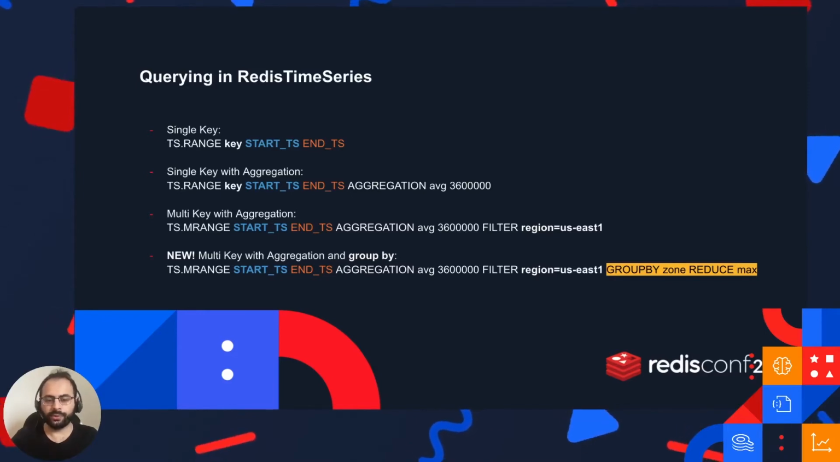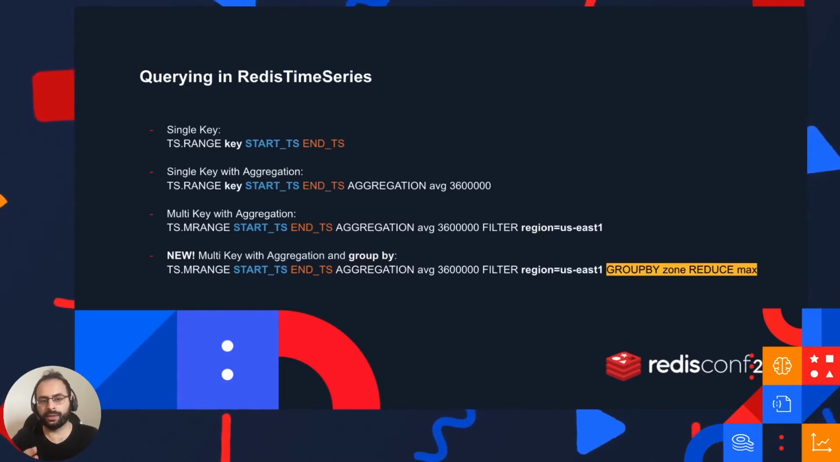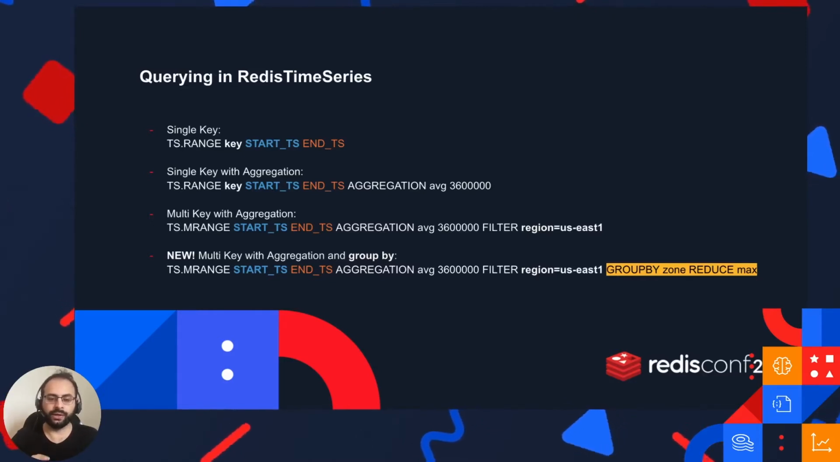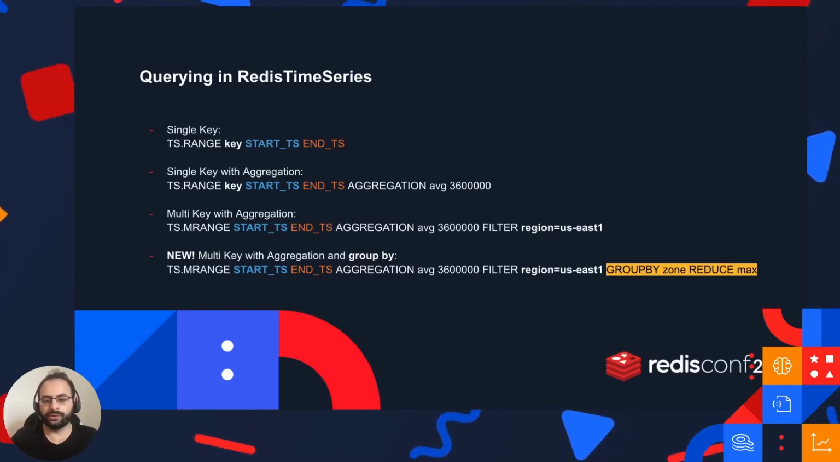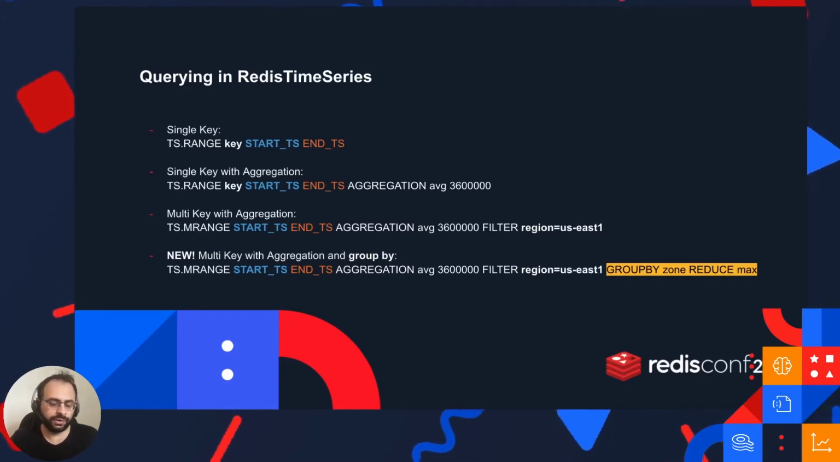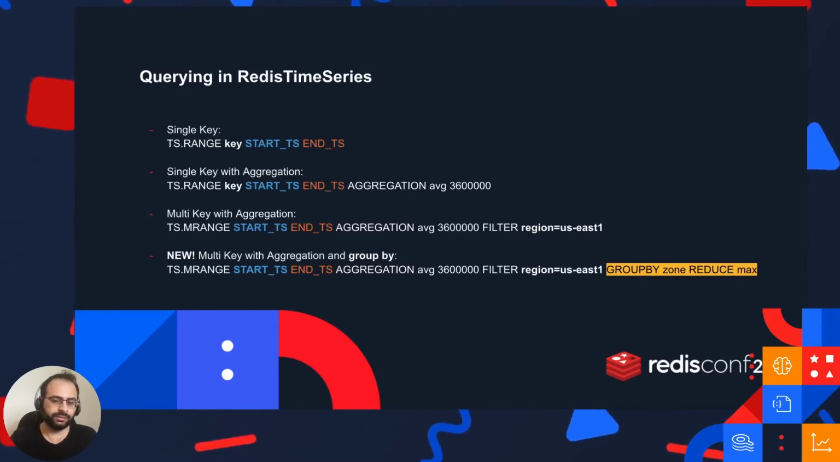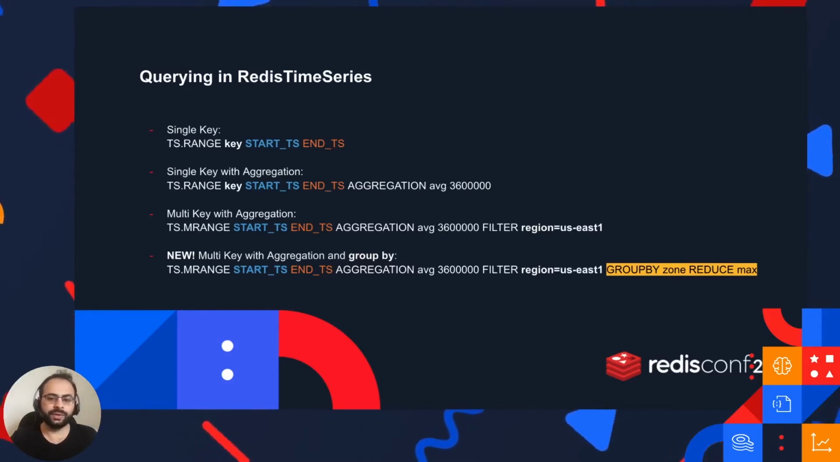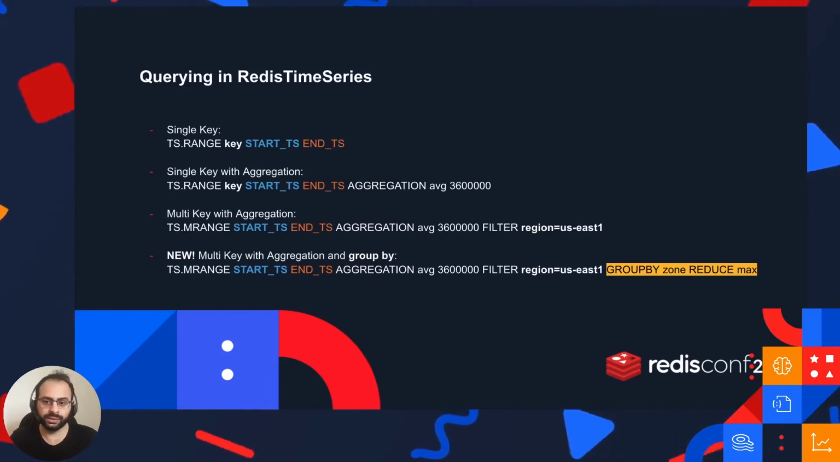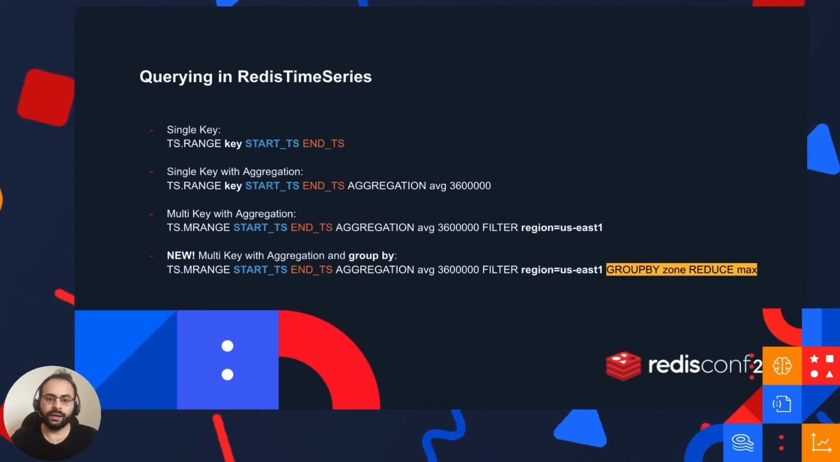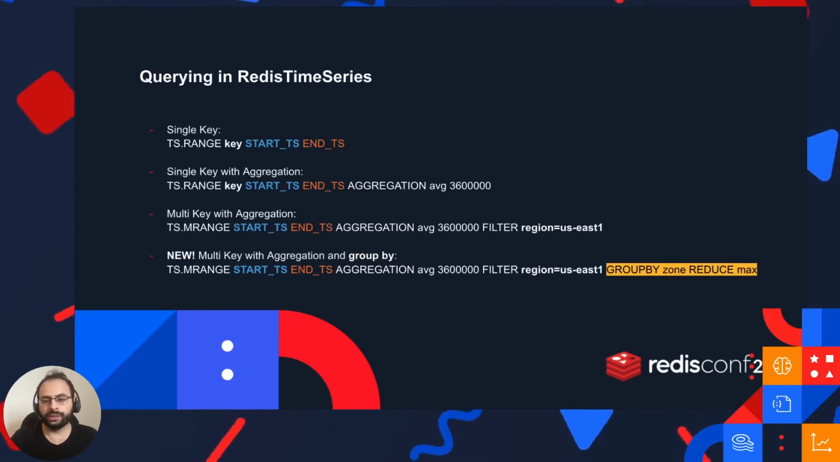Now the third query is a bit more interesting. Unlike the first query where you must give the query a specific key, in the third query you don't really need to do that. In the third query we are using a filter. A filter basically is a query to the secondary index. In this filter, for example, we're telling the secondary index: give us all the keys that are coming from a specific region, in this case US East 1, and for each key